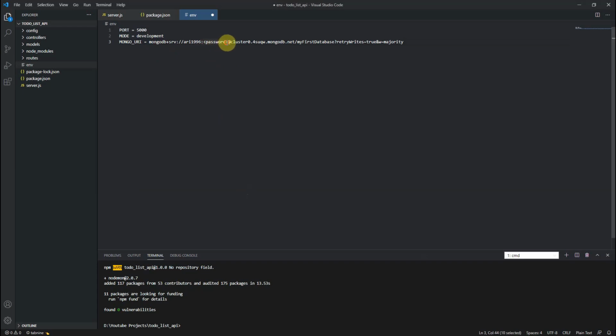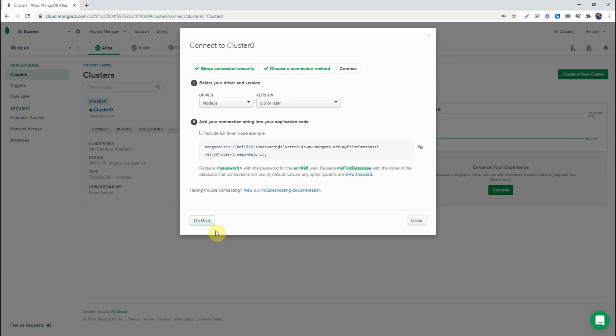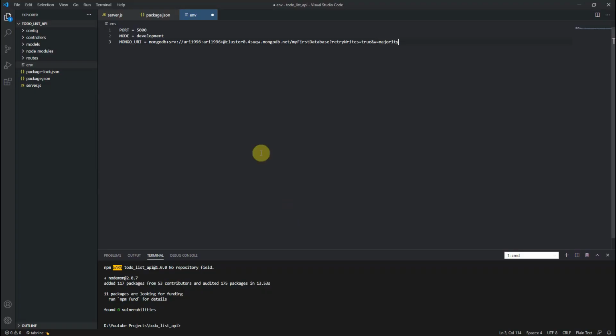And for the database name, replace the default database name with the name of your database. I am giving my database name as Goodwill.